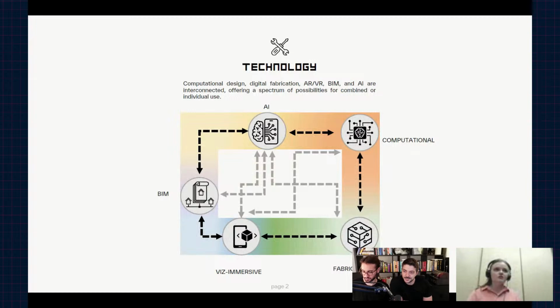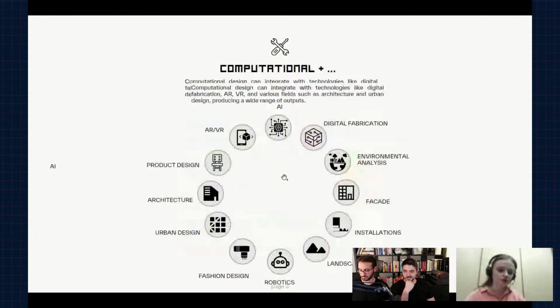It can be product design, architecture, landscape, or anything like fashion, but it's the way we combine them. We can learn the software, we can be a great designer using one software, but what makes the difference is how to use them together to have something new.